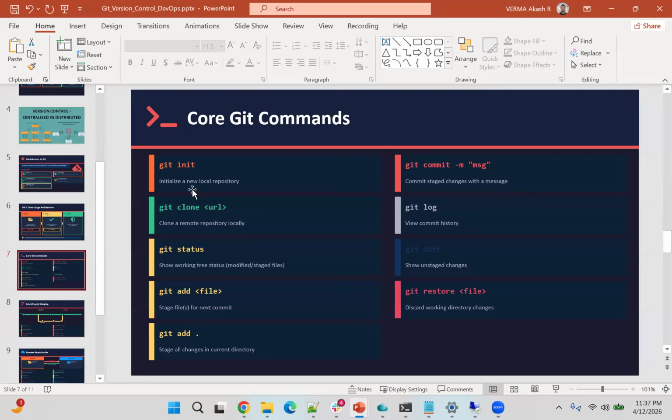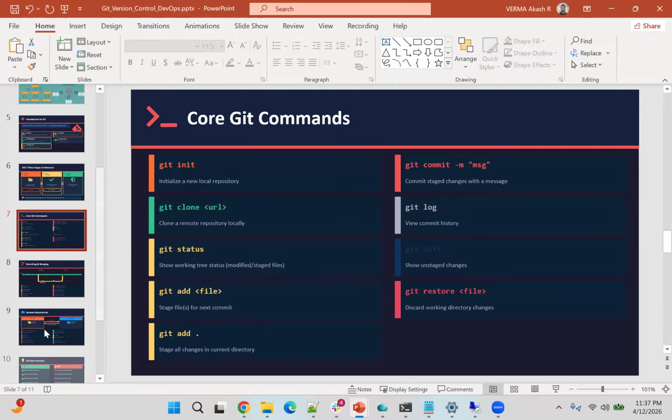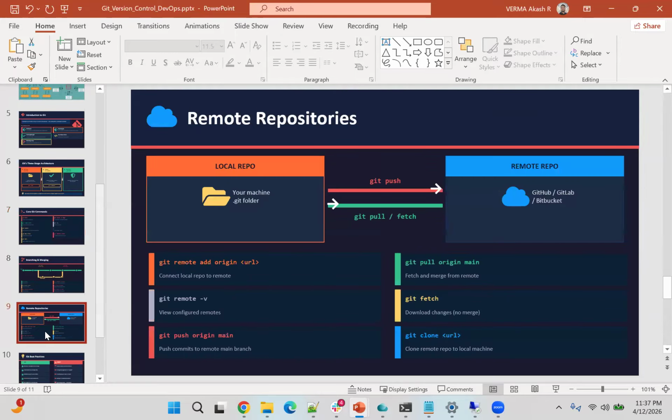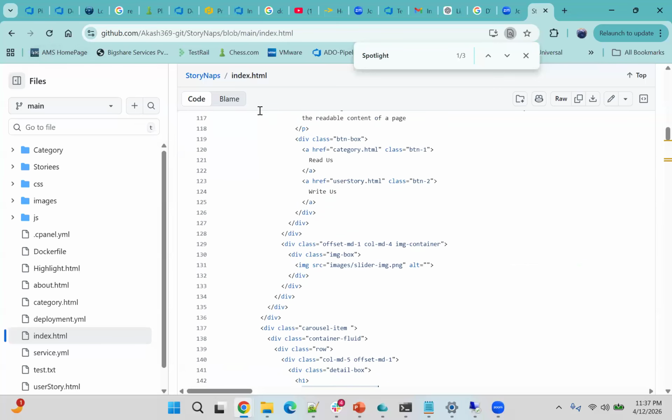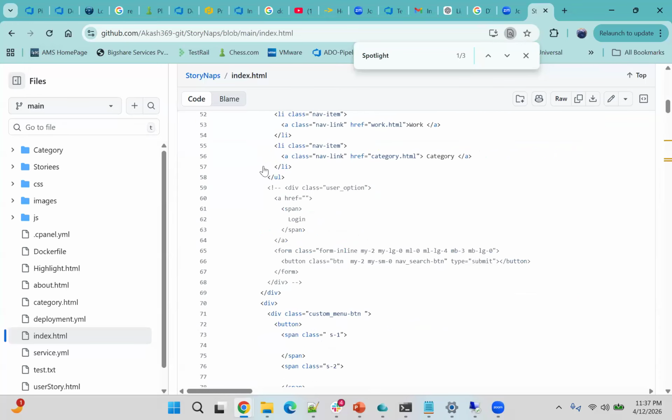We have seen git clone, git status, git add, git add dot and the file name. We have seen git commit, we have seen git log. This part is left, and it will be covered in a later course. Branch I haven't mentioned. Okay, no worries. See, if I come to my main repository,